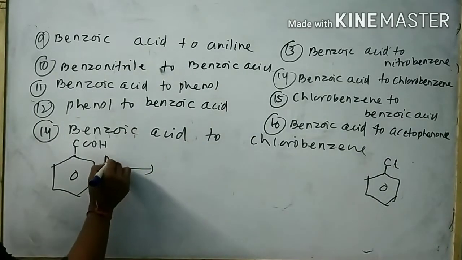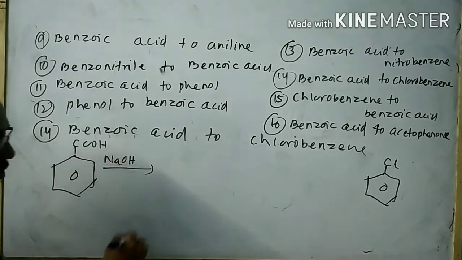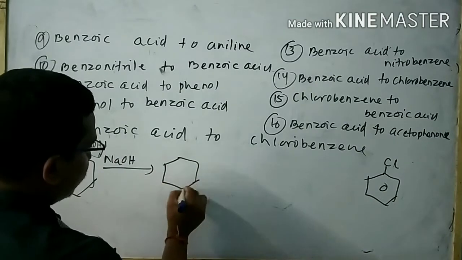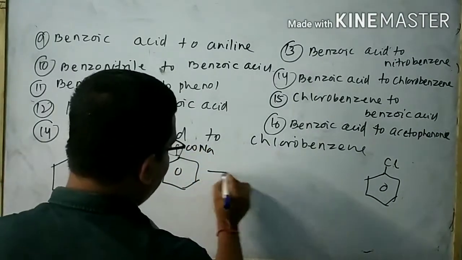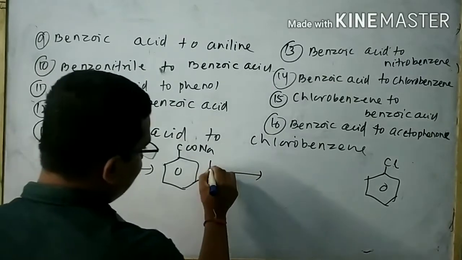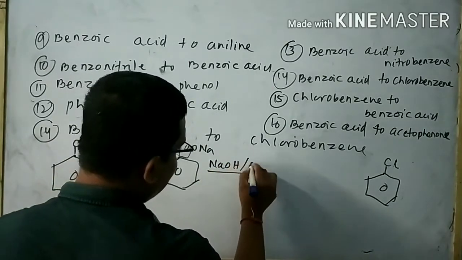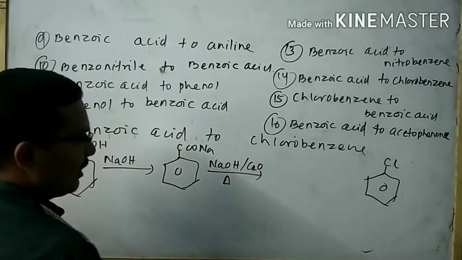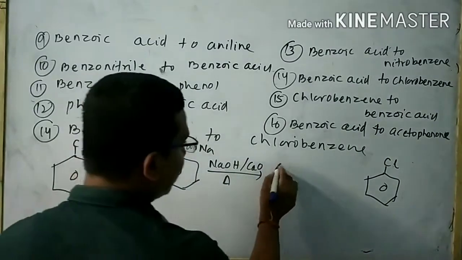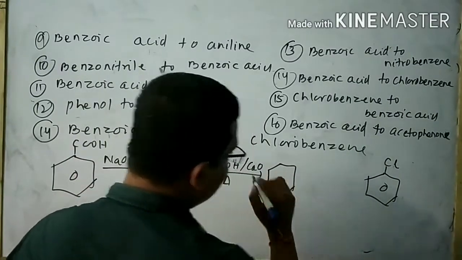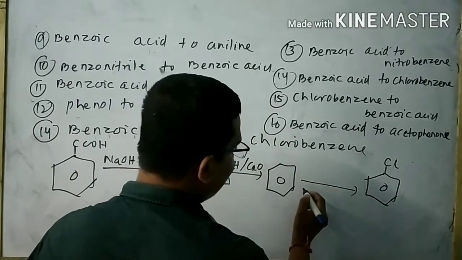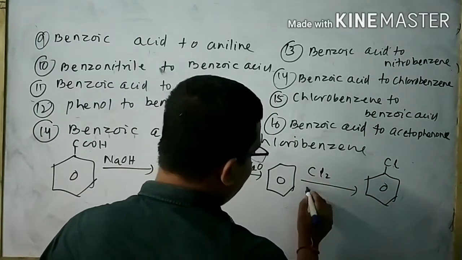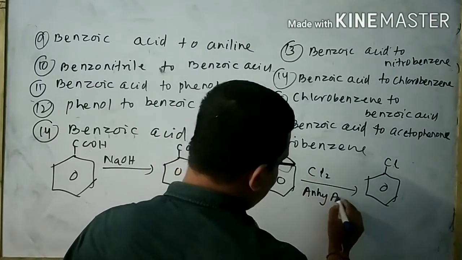Benzoic acid subjected to reaction with sodium hydroxide. Sodium benzoate is formed. Sodium benzoate subjected to reaction with sodium hydroxide in the presence of calcium oxide. Heat is given, that is due to Dumas method. Benzene is formed. Now benzene undergoes halogenation, that means benzene reacts with chlorine in the presence of anhydrous AlCl3,